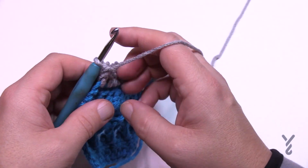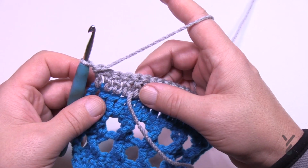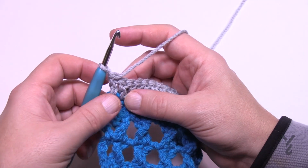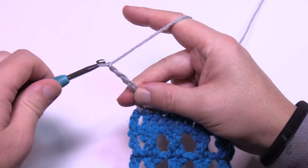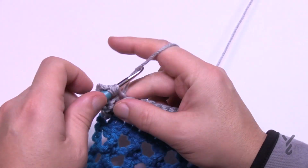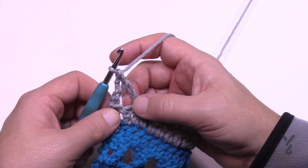So turn your work and begin row number, what would this be? This would be row number 2, so starting the repeat right now. So starting row number 2 again, which looks like number 6, which because it's the same, you're going to chain a total of 4. That's your first treble. You're going to skip the first one and go to the second because there is no space between the edges and the crisscrossing, and in this case it's the first time at crisscrossing, so the next one you'll go from